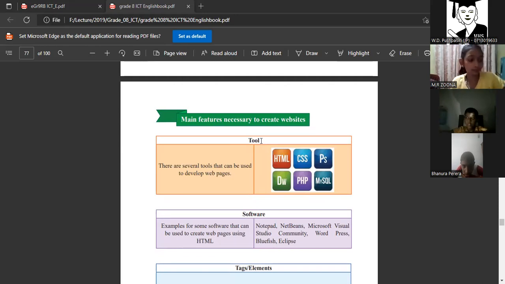Therefore, there are many packages and languages that are being used with HTML. Then only the good website can be created. What are those? HTML, CSS. What do you mean by CSS? Cascade style sheet, right? And here mentioned PHP, MySQL. Those are the languages. Right, DW means